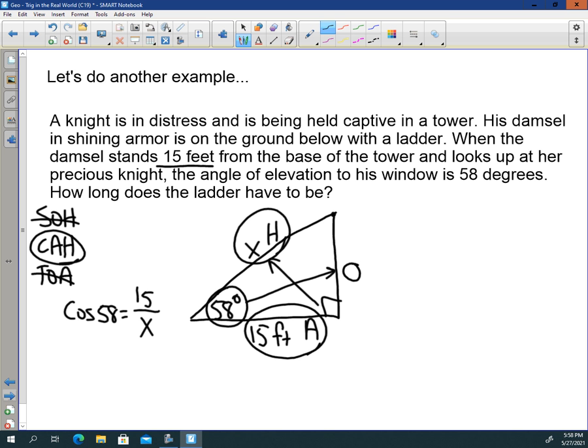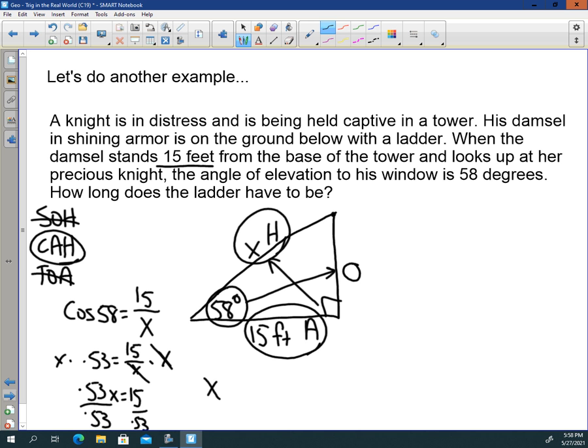In my calculator, clear, 58 cosine, I get 0.5299, so let's say 0.53, equals 15 over x. Multiplying both sides by x, as per usual, clears those out, and I have 0.53 x equals 15. Dividing both sides by 0.53,